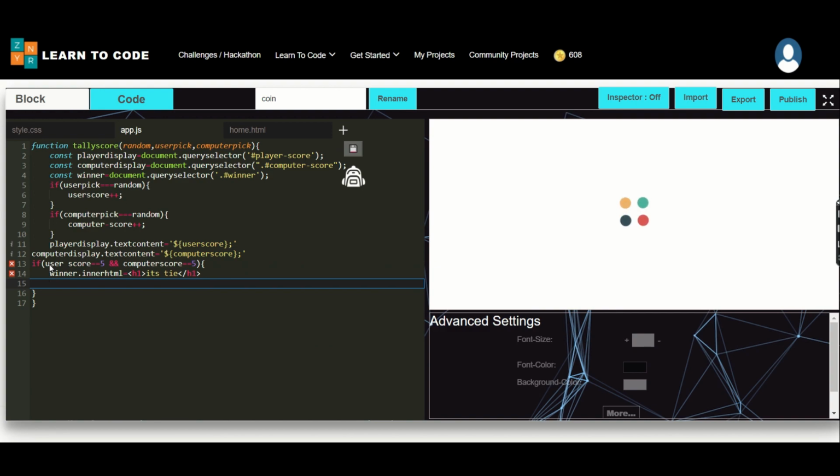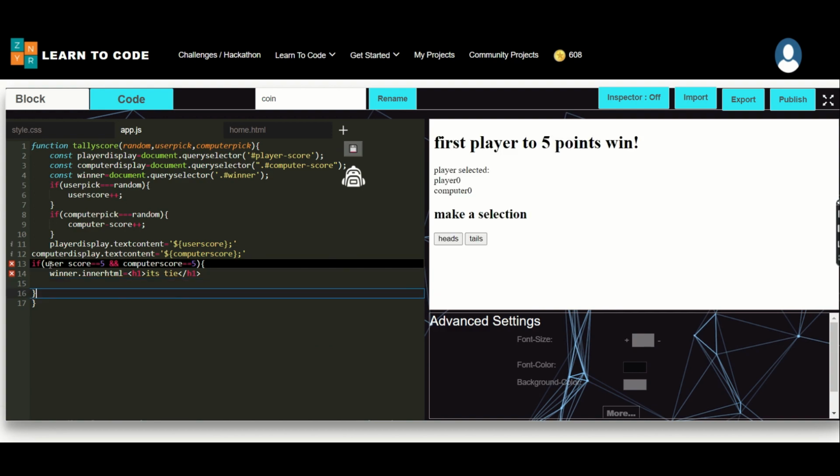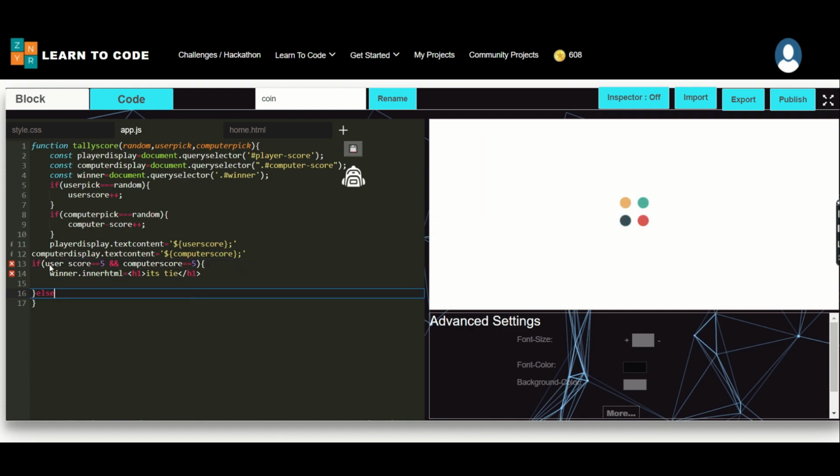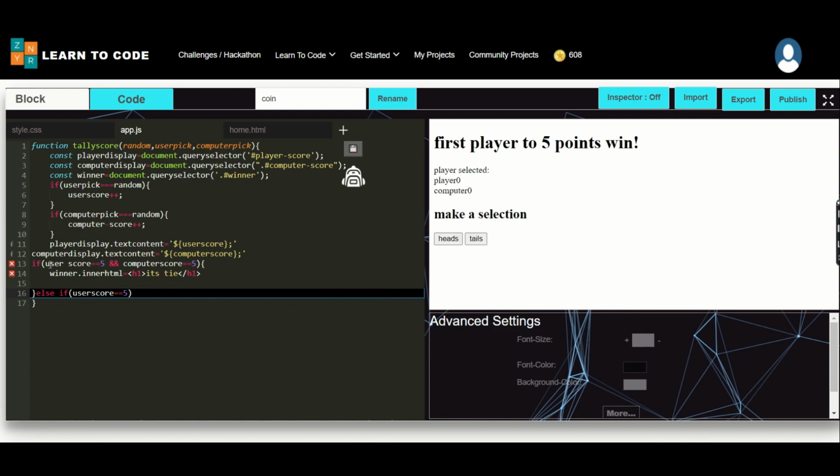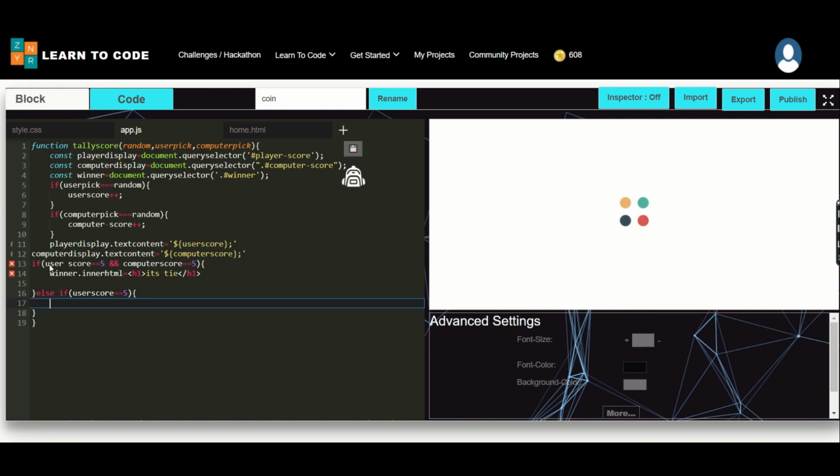So again I'm making the else if part. Else if user score is equivalent to 5, under the winner dot inner HTML, it is